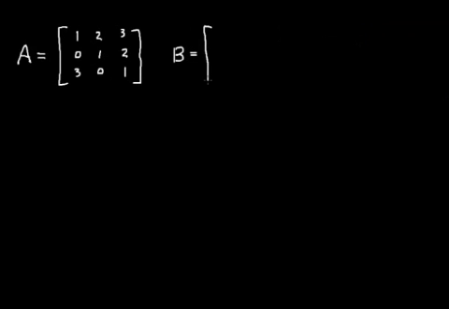So let us now take a concrete matrix A equals 1, 2, 3, 0, 1, 2, 3, 0, 1. And let's take B equals... for some reason I chose a 3 by 3 matrix. Maybe that's not a very good idea, because the rule doesn't only apply to square matrices. So let me